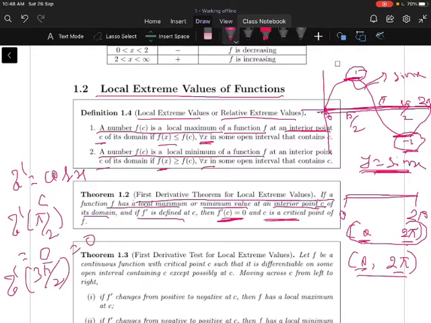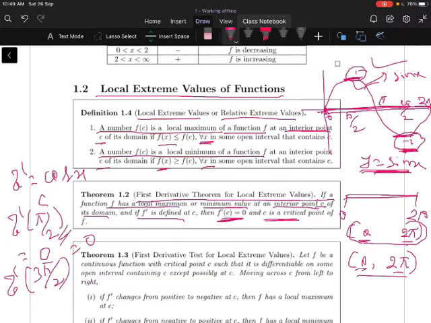It means minus 1 is a local minimum corresponding at x equal to 3 pi by 2, c is equal to 3 pi by 2. You can observe that when the function has a local maximum or minimum, obviously the derivative must be 0 at the critical point c. Here c is equal to pi by 2 and c is equal to 3 pi by 2. At c equal to pi by 2, f of x has a local maximum value, that is 1. At c equal to 3 pi by 2, f of x has a local minimum value, that is minus 1.